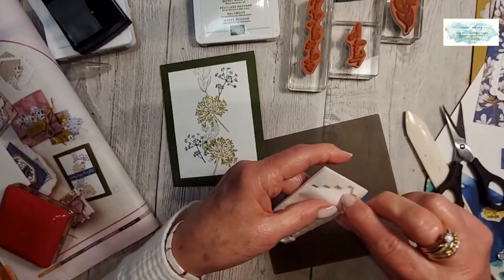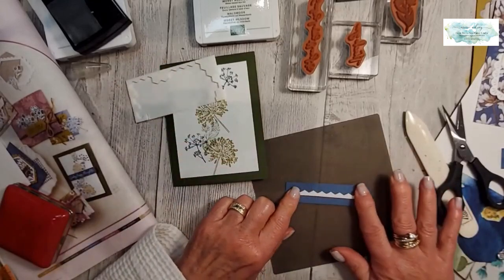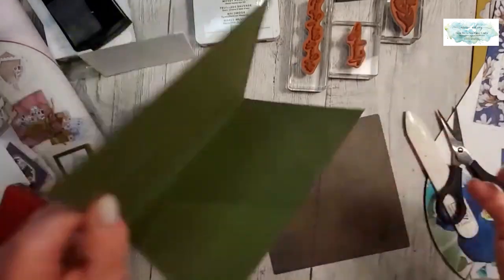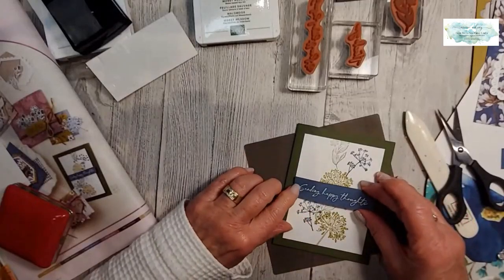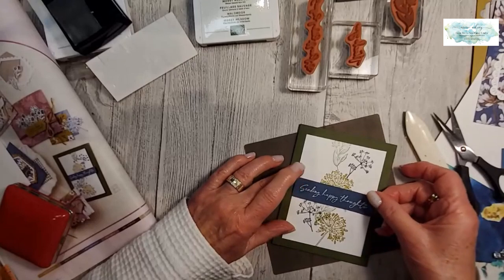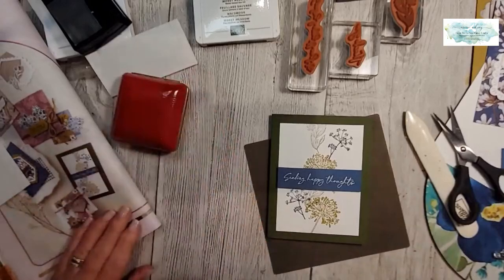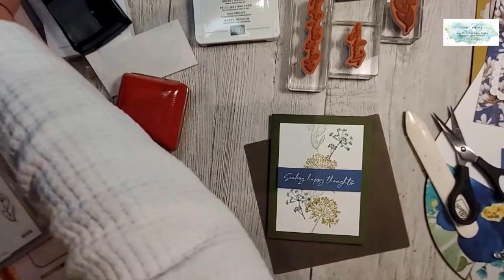I'll do this nice long strip on here. Okay. I'll stick that in the middle. Okay, and last but not least, we need a few more of these. Okay, let me